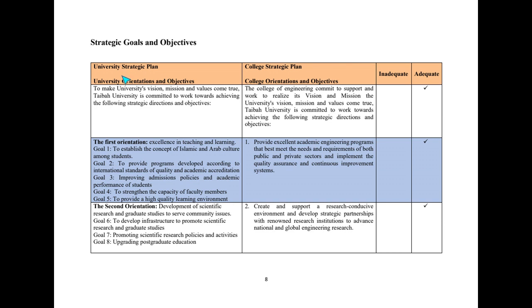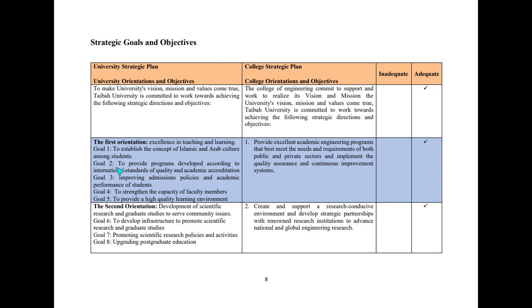If you look at the university goals at this level or domain, focusing on providing programs developed according to the international standards of quality and academic accreditation, which means that it is related to